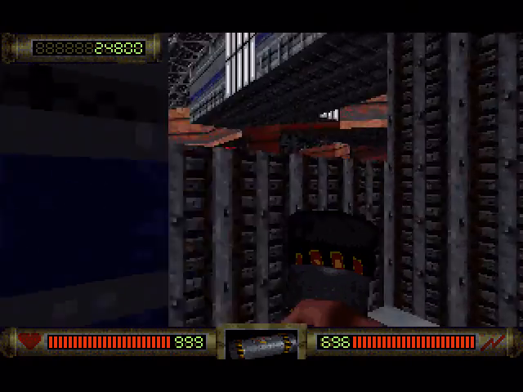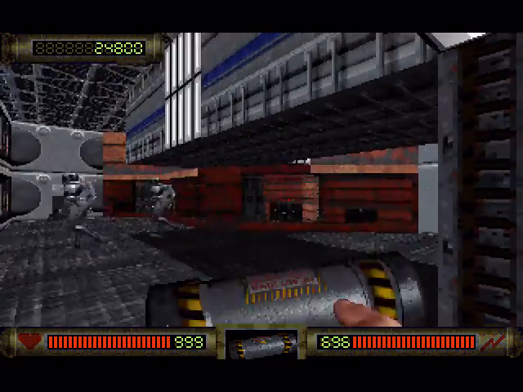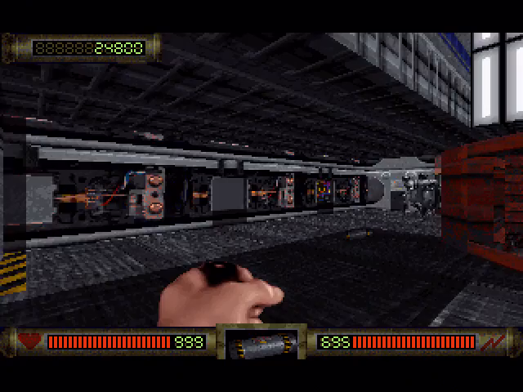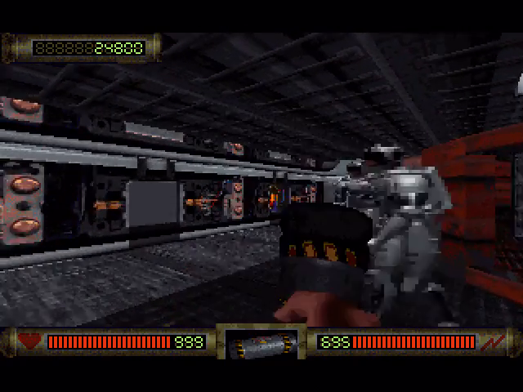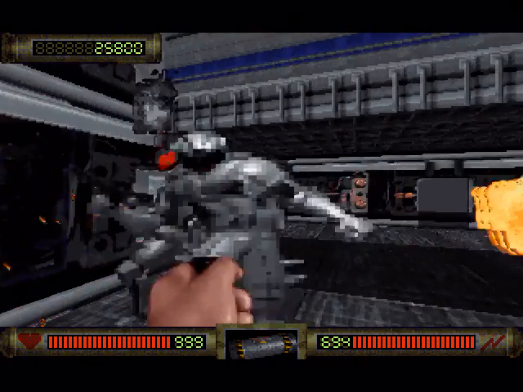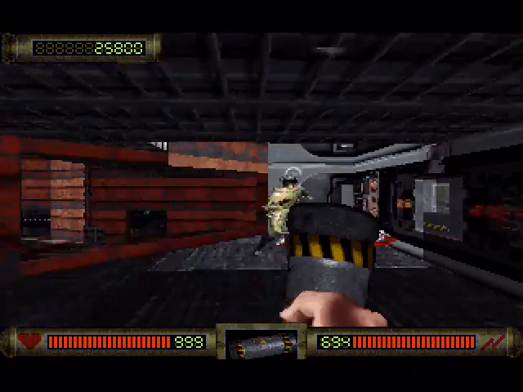You're wondering why the weapons of this... No, not the weapons. The controls of this game are rather... Why am I having a hard time controlling this game? Well, the controls of this game aren't really good. In Doom,